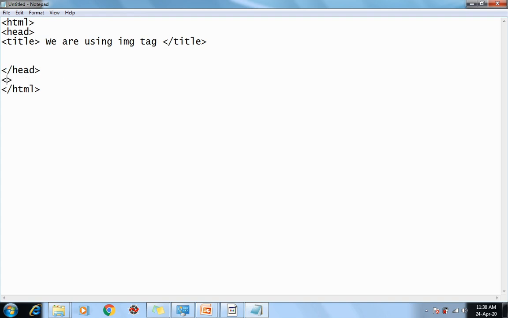Then after head there is the body tag. So we have to put the img tag inside this body tag.